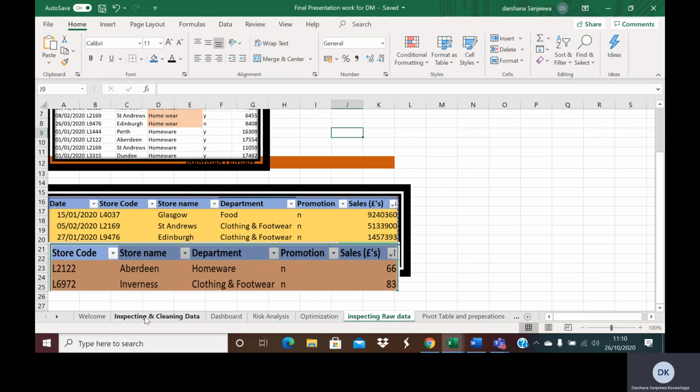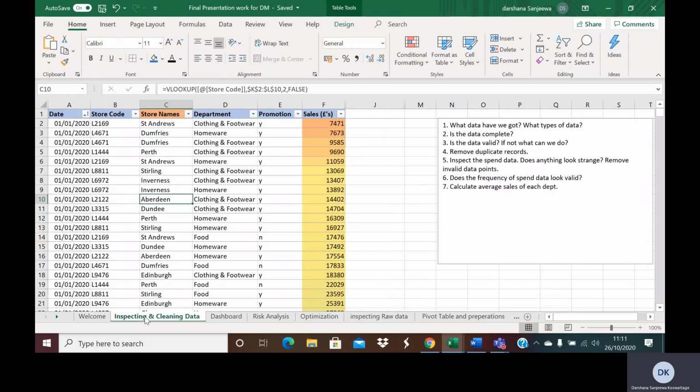I will go back to inspecting and cleaning data. I saw some strange figures in the sales, so I wanted to validate them. When I have outliers, I assume that I will contact the data provider and check whether they are real outliers or typing errors. I will get confirmation to remove the outliers. In order to remove the outliers, what I did,